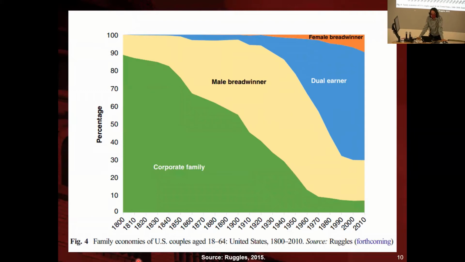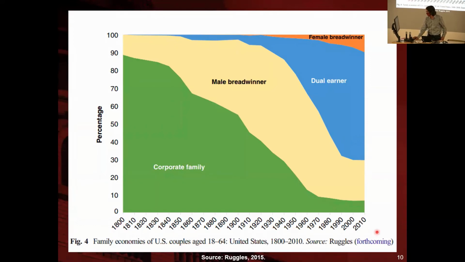So if you just check ipums.org, and I will show this website later on in the semester. He is the coordinator of that website, and in this graph here, in this paper, he's showing the family economies of US couples between 18 and 64 years of age,